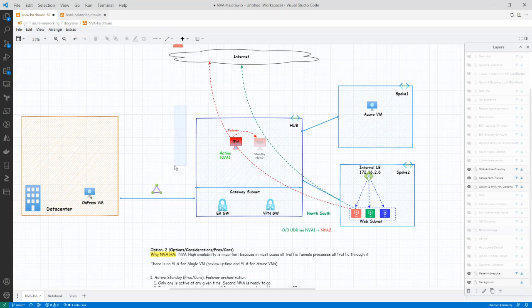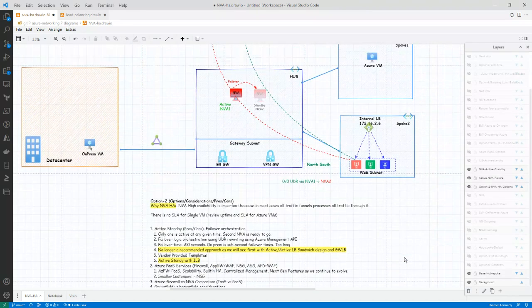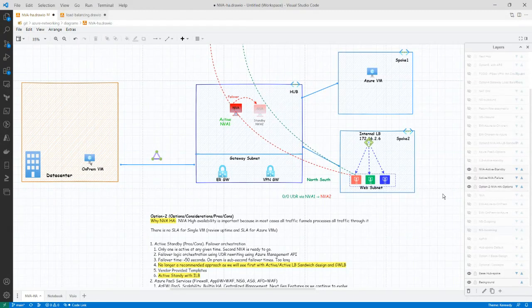The reason I bring this up is some vendors may still have this on their website, but be sure to check out other options, because this is no longer a recommended approach for active standby failover because of how long it takes. So then there is another intermediate option where we could